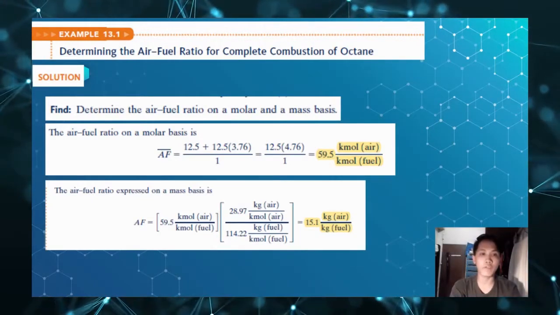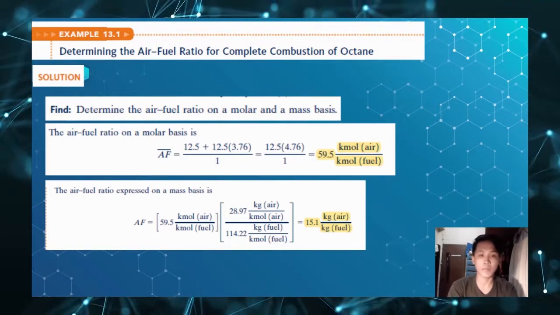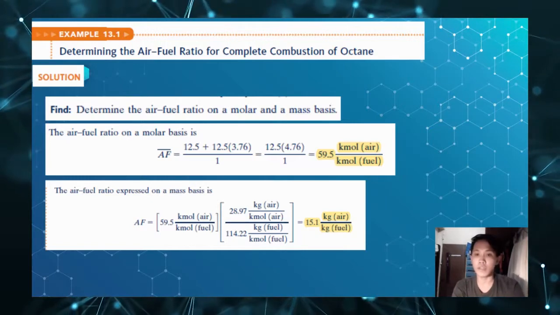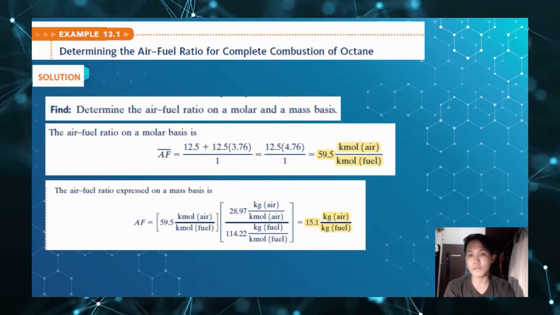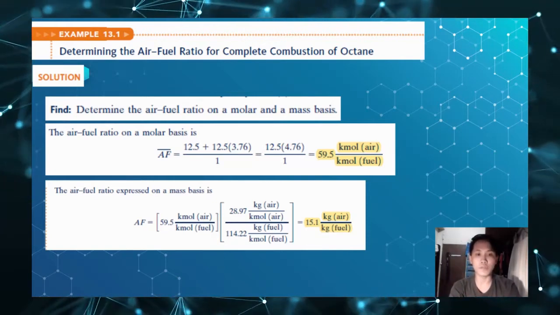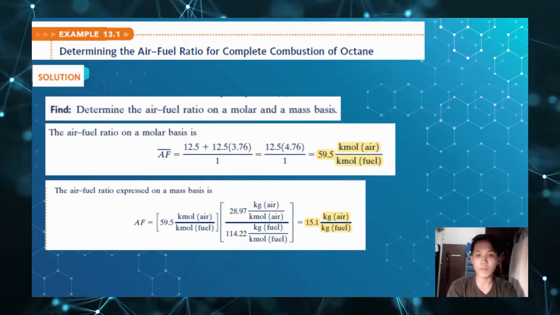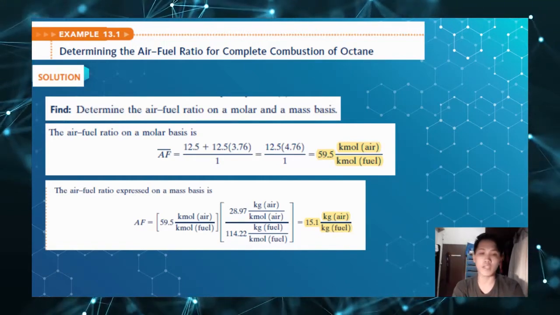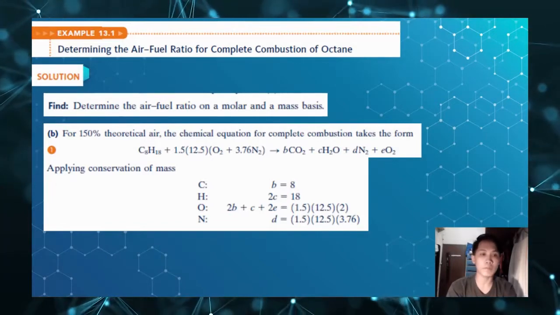Now we will determine the air-fuel ratio on a molar and a mass basis. So the air-fuel ratio on a molar basis, we will get the final answer of 59.5 kilomoles of air per kilomole of fuel. And the air-fuel ratio expressed on the mass basis, we will get 15.1 kilograms of air over kilogram of fuel. So as you can see, it's the same as the